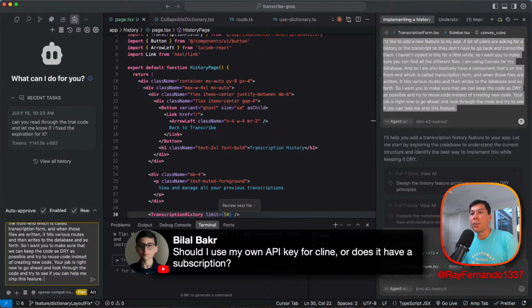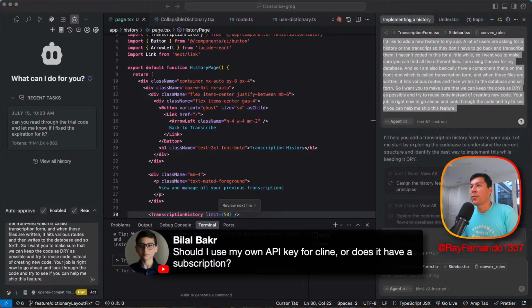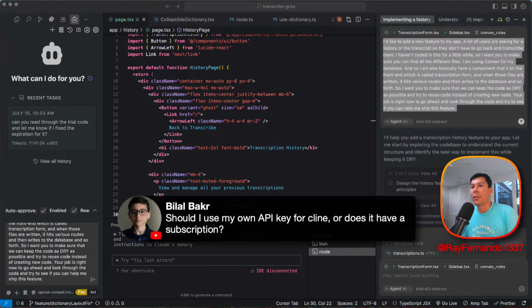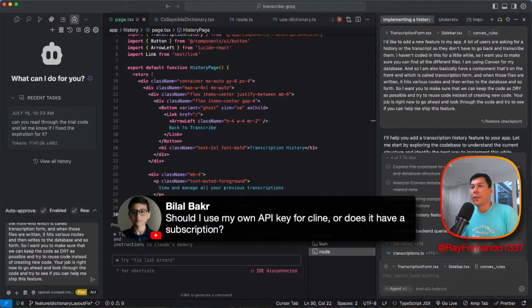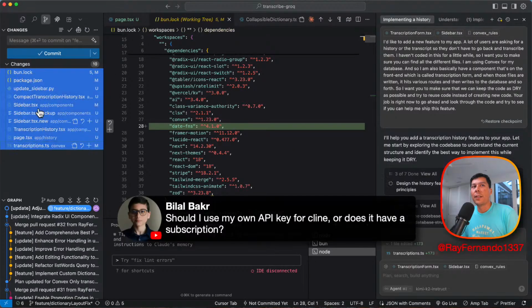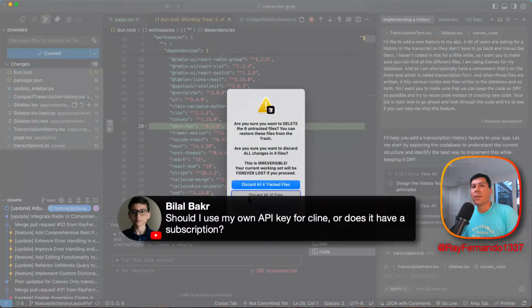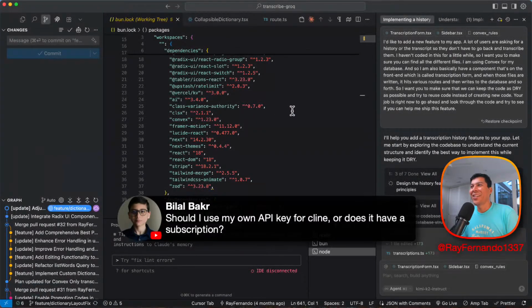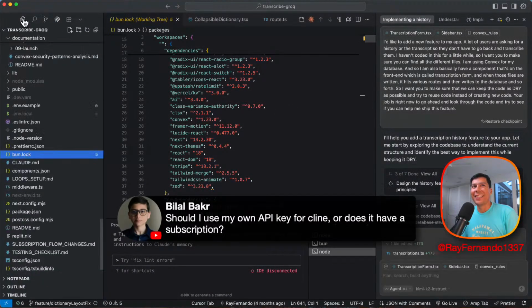That's awesome. I'm going to reject the changes that Cursor tried to do earlier because I tried to use Kimi K2 in Cursor and it totally caught an L. And so I'm going to just reject that, so that way we're back into our state here. And then it made all these changes, and I'm just going to go ahead and select all of them and say discard changes, so that way we just discard all 10 files. Yeah. Just undo all of the nastiness that it tried to do.